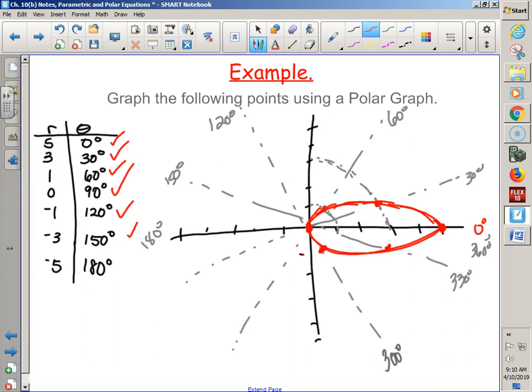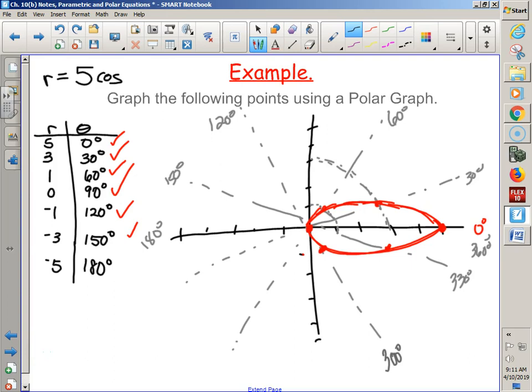Can you guys do me a favor? Can you pull out your graphing calculators? Can you go to polar mode? P-O-L. And can you graph the graph for 5 cosine of